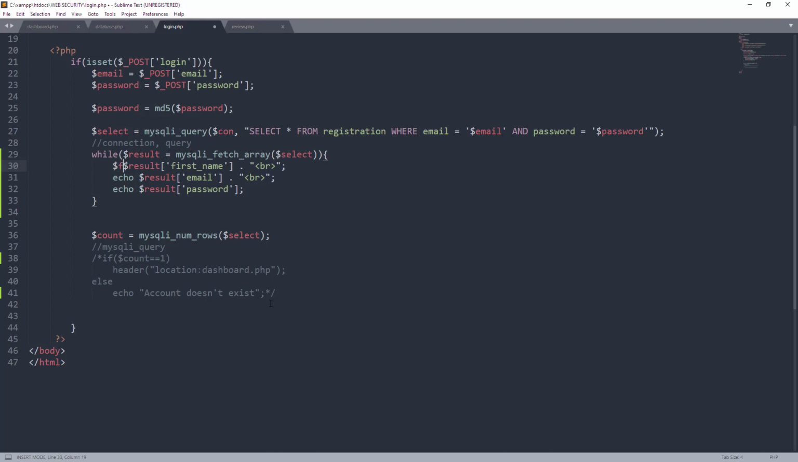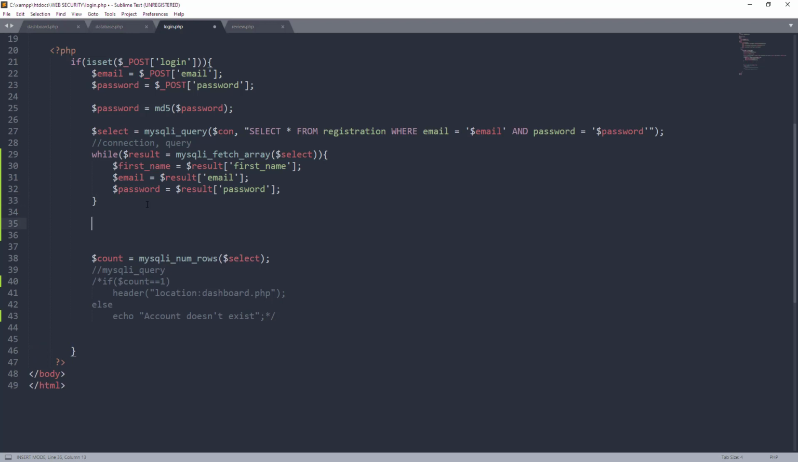$firstname is equal to result, first name, and then tatanggalin natin yung line break kasi hindi naman natin i-echo yan. And then, we're going to do this on email and then password as well. Okay, so first name, email, okay, and then password. Then, after na natin ma-extract and then ma-pull out yung ating important credentials, gagawin natin is, we are going to